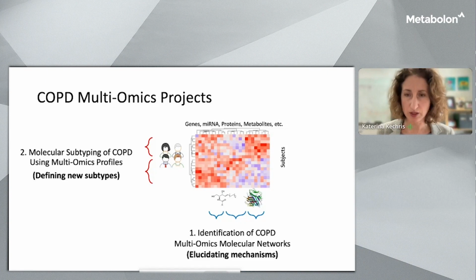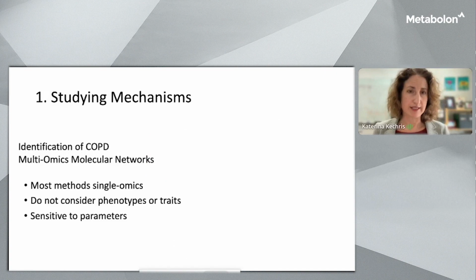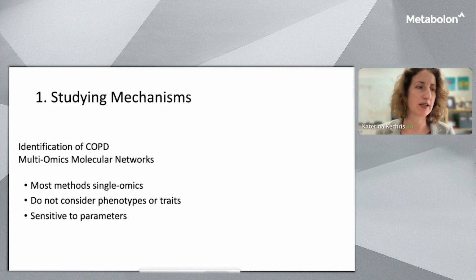So starting first with the network approach in studying mechanisms. This was several years ago, and at the time, most methods for identifying networks tended to be single omics. They weren't quite designed yet for multi-omics, and they didn't necessarily consider phenotypes or traits or disease severity. They were just trying to find networks of features that were highly correlated. But we wanted to anchor that with one of the phenotypes because of the multidimensional nature of COPD disease and phenotypes. Another aspect is more the informatics: these methods can be very sensitive to parameters. There are a lot of tuning parameters along the way,